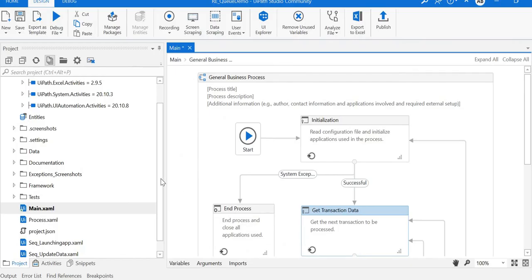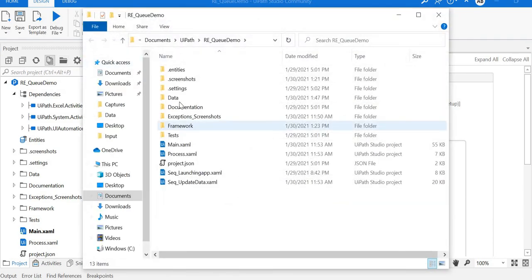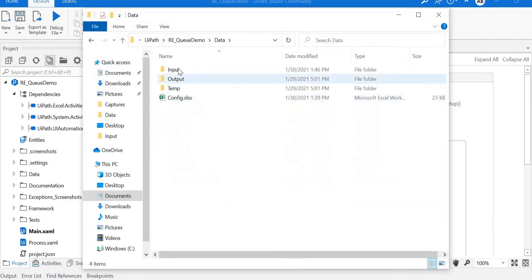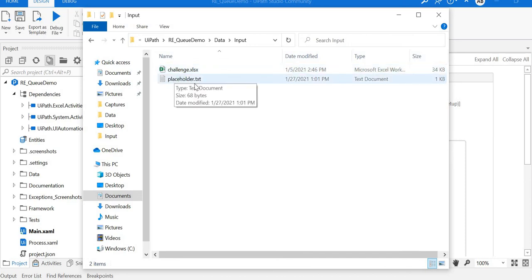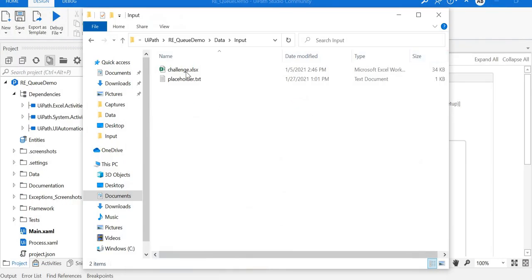So let me move back to the UiPath Studio. I have created an RE Framework queue demo project. Another thing I have done is, in the data folder input, I downloaded the file from the website. If you click from here, Download Excel, you'll get an Excel file for the input data, and I just copied it over to this input file.